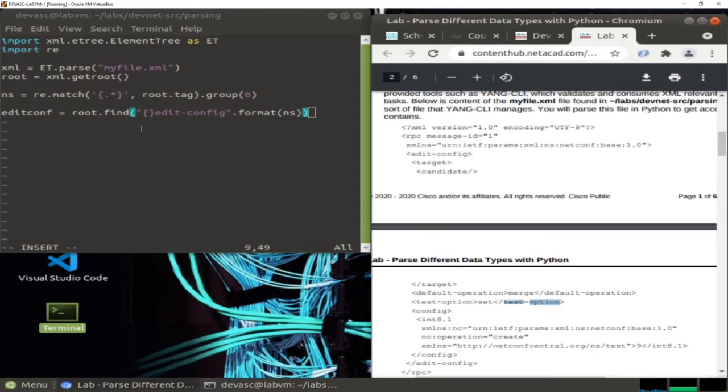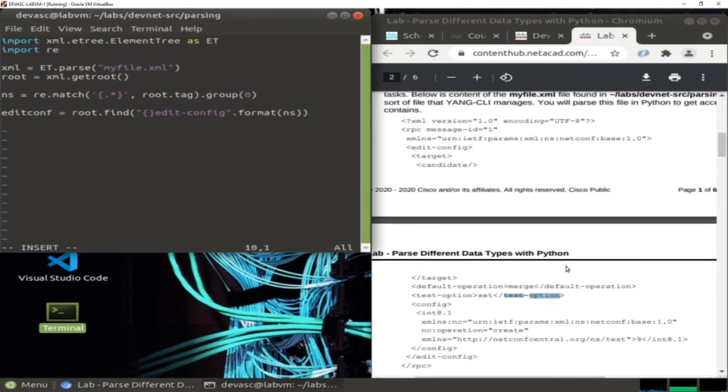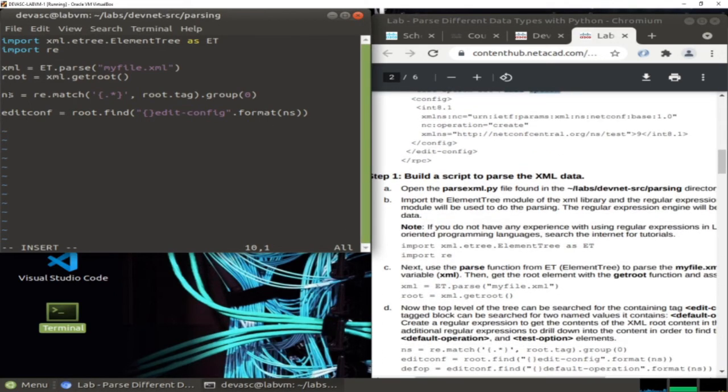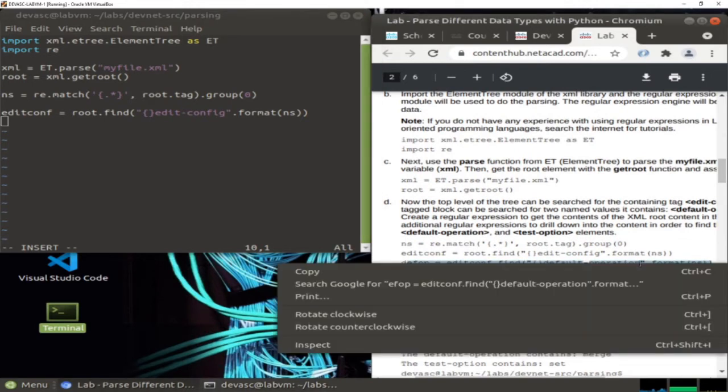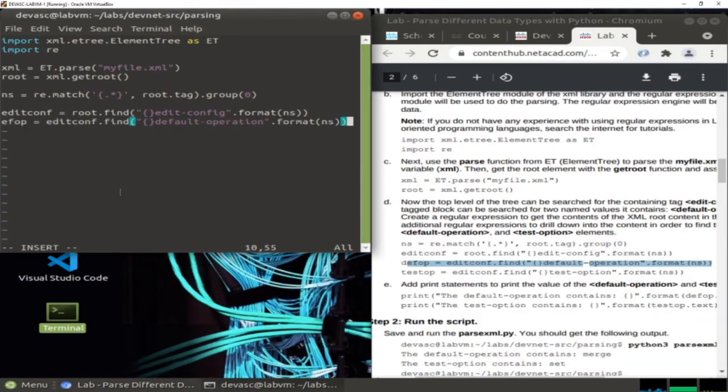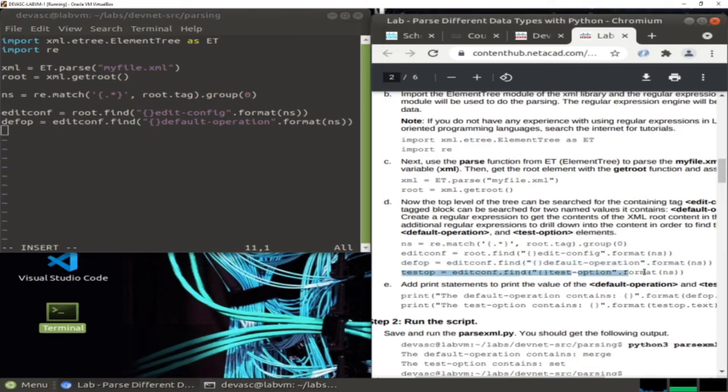So in case this one is there, you can see now we have an S as the root and we have edit config, and then we search for the default operation, and then we search for test option. And finally, we are going to print